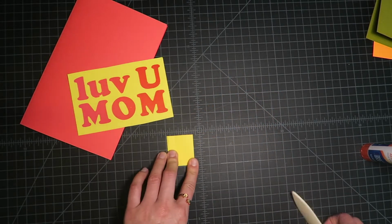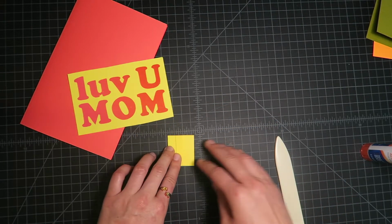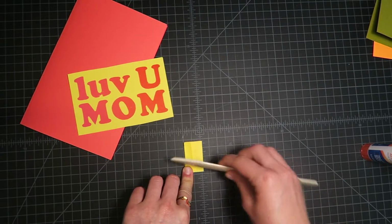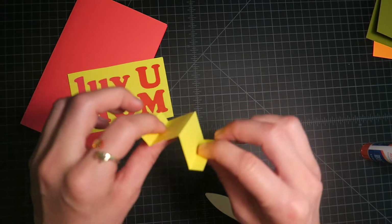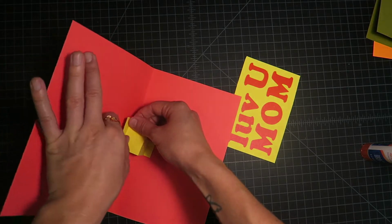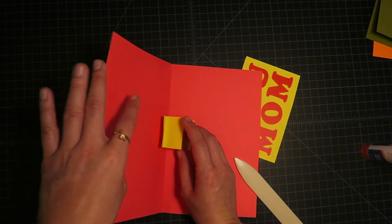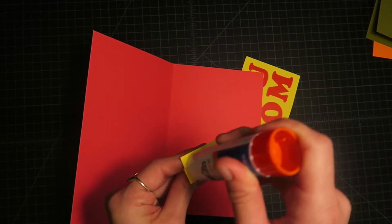So you fold that little piece of paper in half and then just make little tabs like this by folding it back on one side and on the other side. So I have something like that. Then I'm gonna put this in the middle. So this is acting sort of similar to the way that the cuts in the last one did. This is gonna go here and we're gonna attach to that. So I'm going to just glue the tabs